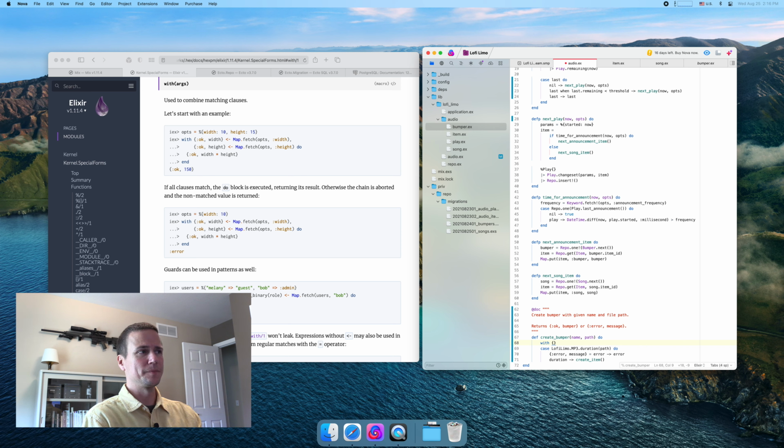But okay, yeah, we'll make the API like this. Duration, path, and then, okay, item